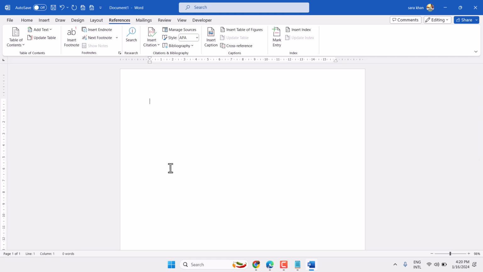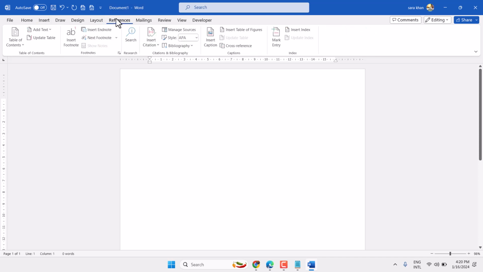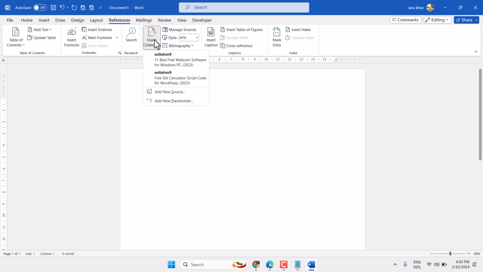In this video, I will show how to give a reference for a book in Microsoft Word. So insert, click on reference, insert citation, add new source,